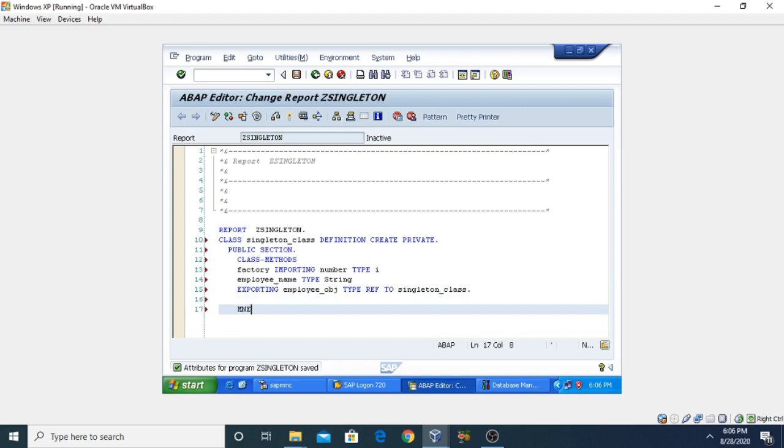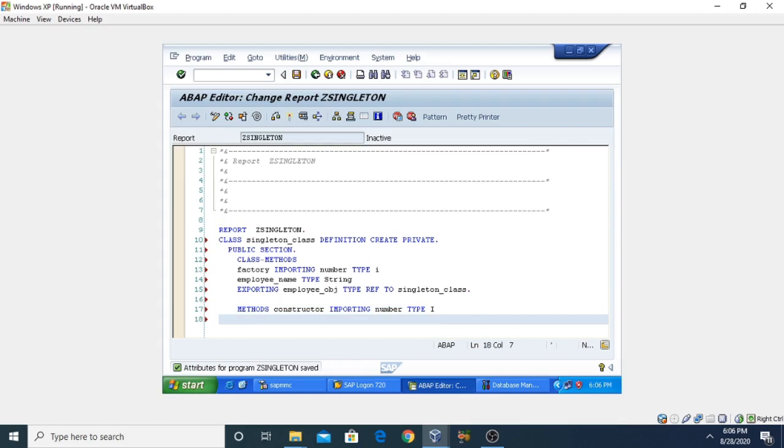Now we are going to create the constructor here. So I am taking the constructor in case of methods. So this is a method, constructor, then importing, then number, and the type is integer.